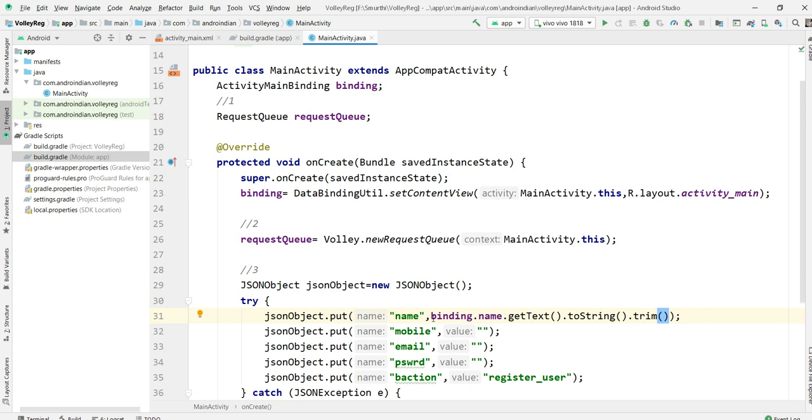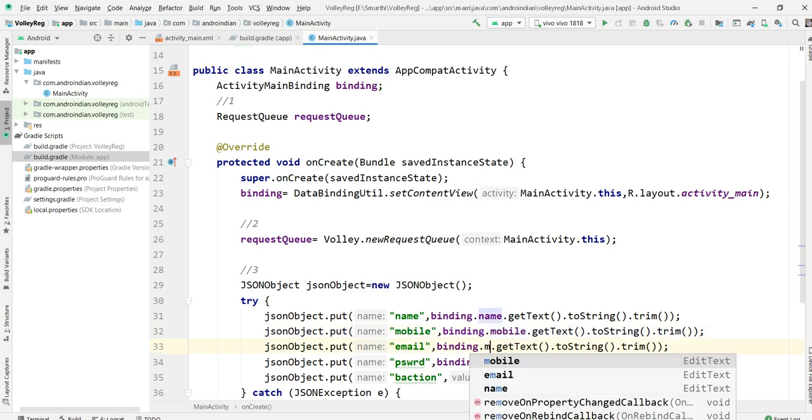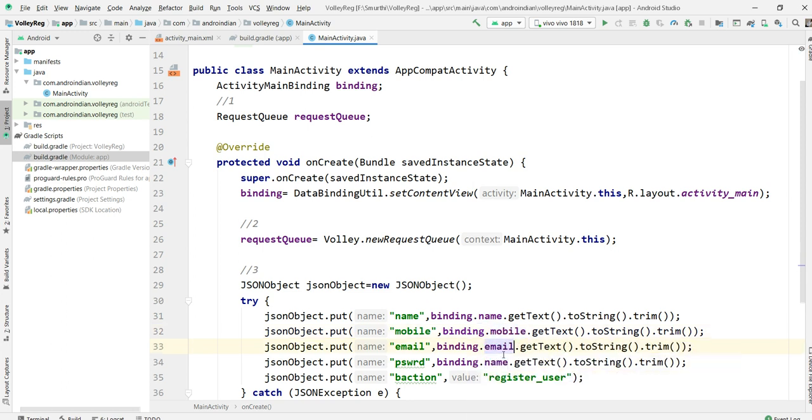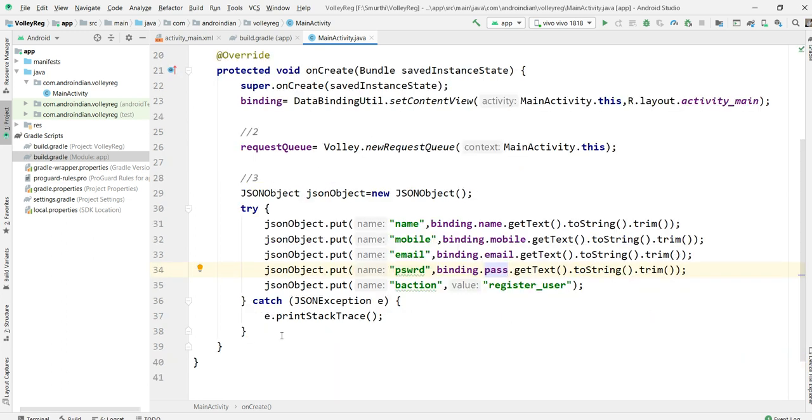Like this, I can write the same for the remaining 4 places, but I just change those things. So this is the third step. This is mobile. This is email. This is the password. Done.